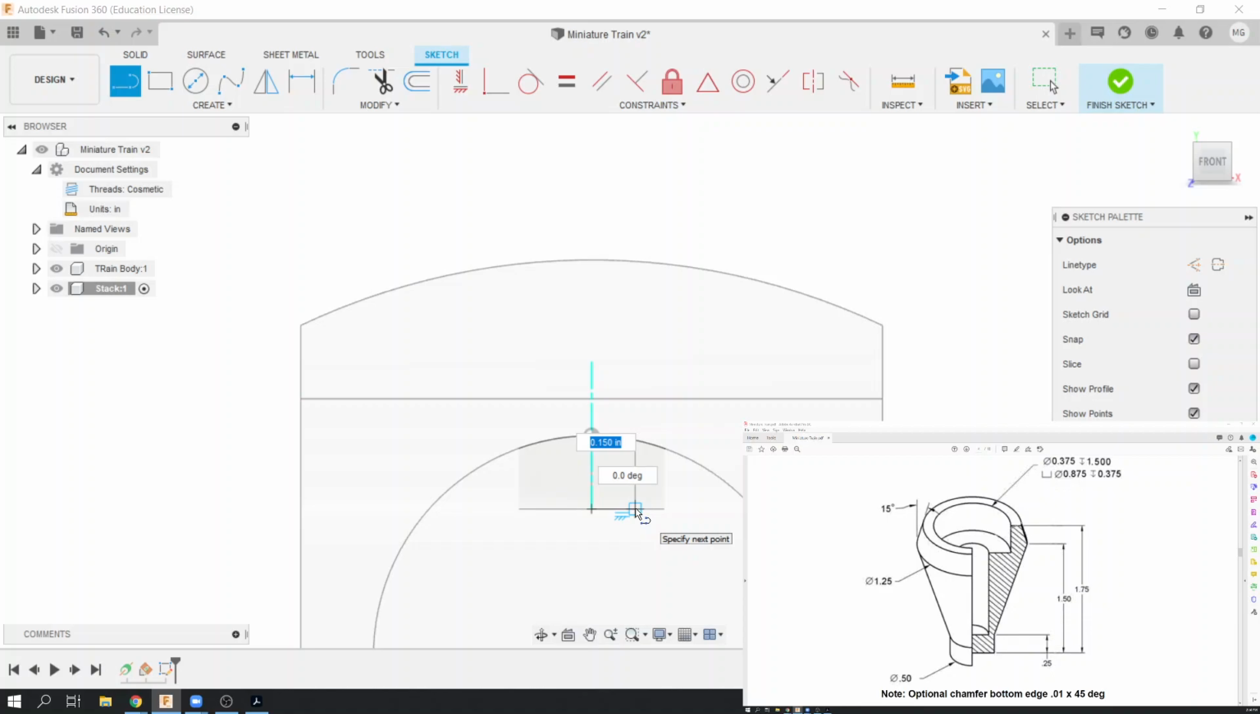Again, I'm not using dimensions yet. I'll dimension it when I'm done. But I'm just going to essentially draw what that little hatched region looks like. So I'm coming straight up. You might want to just watch what I do, and then you can always rewind the video. I'm going to come up,